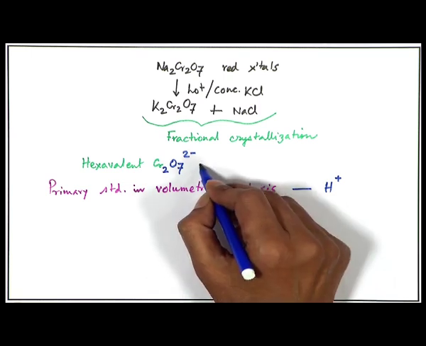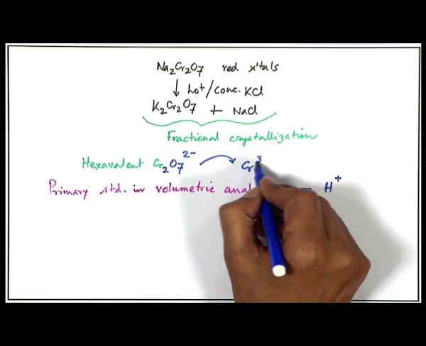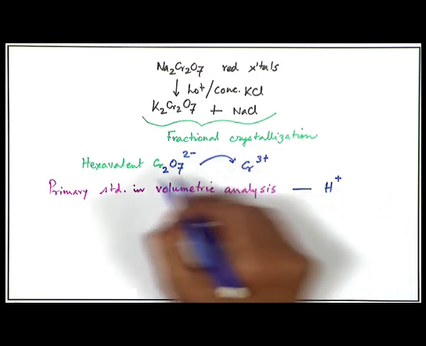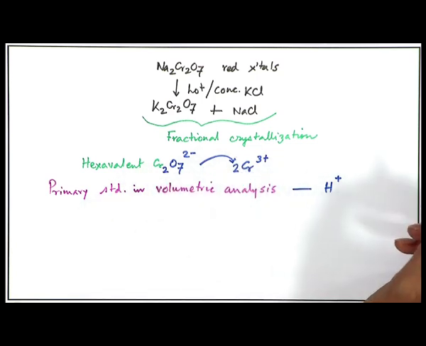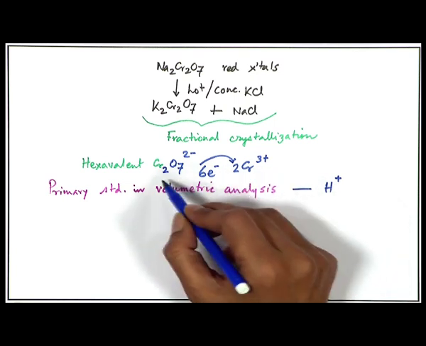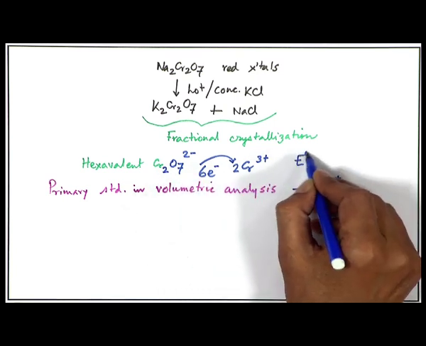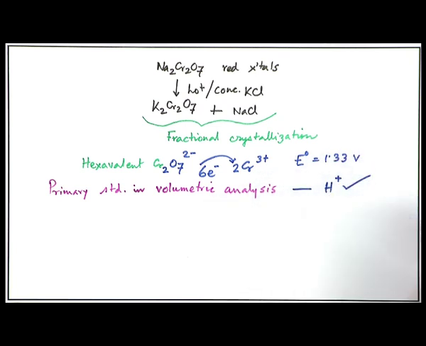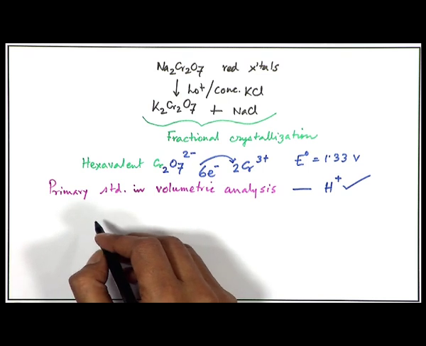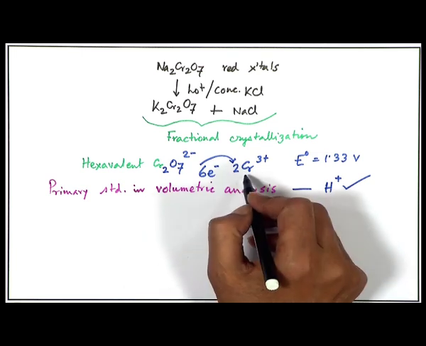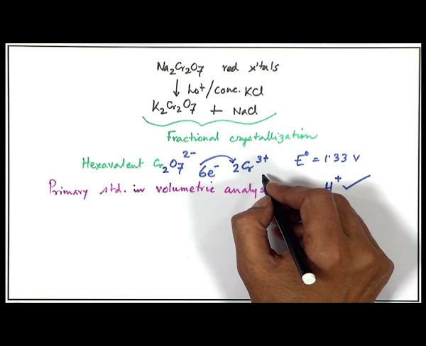because the formation of chromium 3 plus from dichromate will give us some idea about the corresponding reduction process. So, hexavalent to the trivalent. It is a 6 electron transfer process, which is achieved with an E0 value of 1.33 volt, and that is only achieved in acidic medium. So, that acidic medium is very much useful, and we get 1.33 volt for this volumetric analysis,